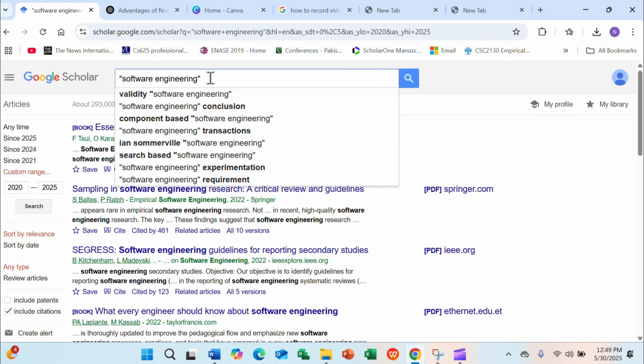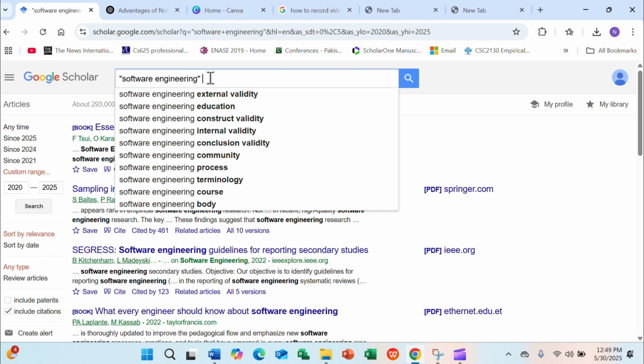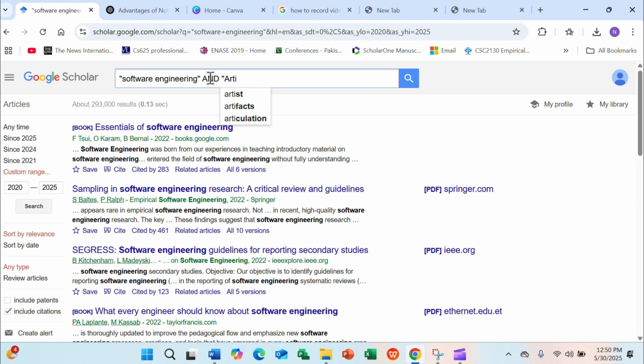Again, I will show you another tip as well. If you are searching for the papers in which the software engineering is mentioned, as well as the key term artificial intelligence is mentioned, so we will use the Boolean operator or connecting operator, that is AND. You have to write the AND, double quotes, and artificial intelligence. It means all those papers will be displayed in which software engineering key term and artificial intelligence key term